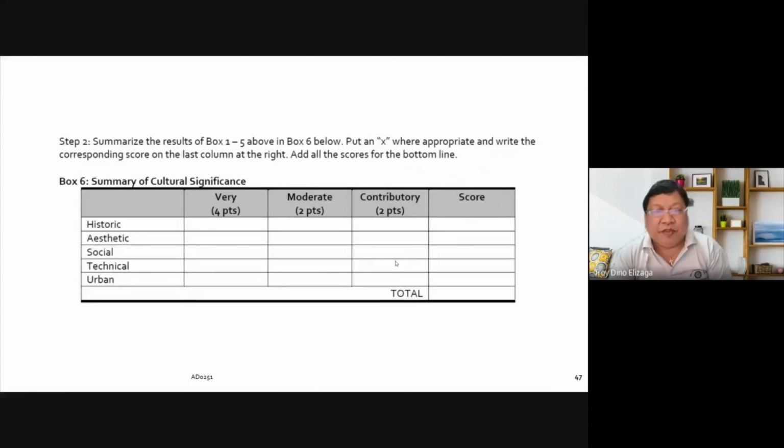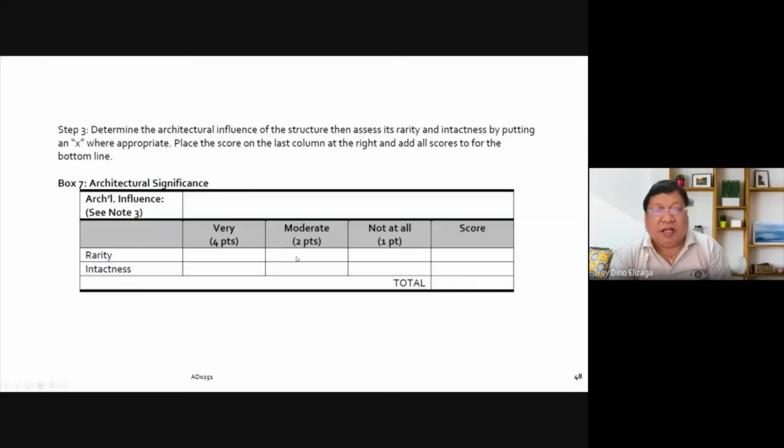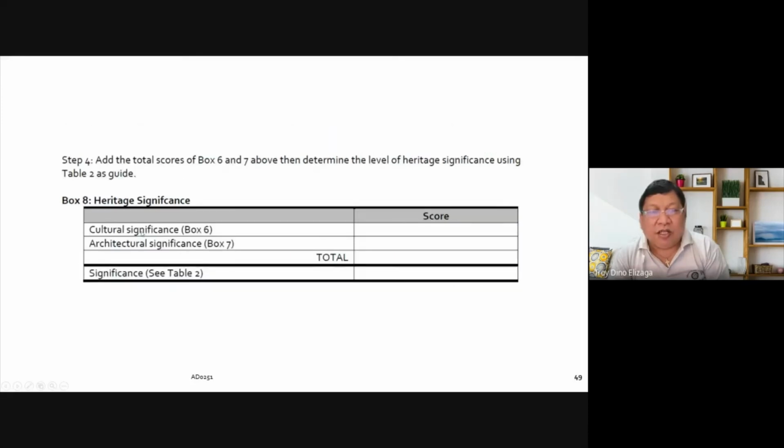Well, this is now the summary of those. And then for the architectural significance, which is also at the other side, I did not have a guide for this. So this one depends on the expertise and experience of the assessor, and also his study, to see how rare it is or how intact the heritage resource is, and then it's totaled. And once the two are totaled, the cultural significance and the architectural significance,